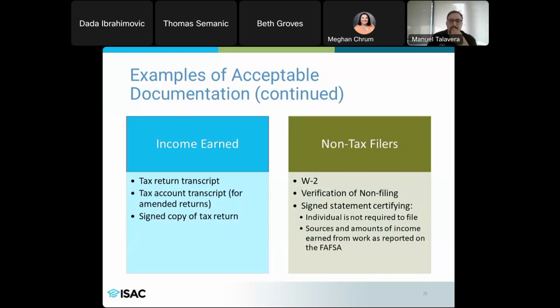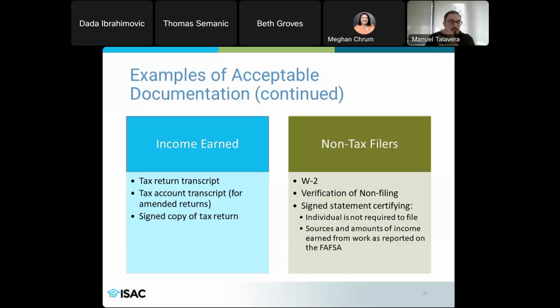Some examples of acceptable documentation for income earned include a tax return transcript or a tax account transcript. If you're working with a student whose parents, or the student themselves, have amended a return, they should request a tax account transcript, because it shows both the original and the updated information. Or they can submit a signed copy of their tax return.